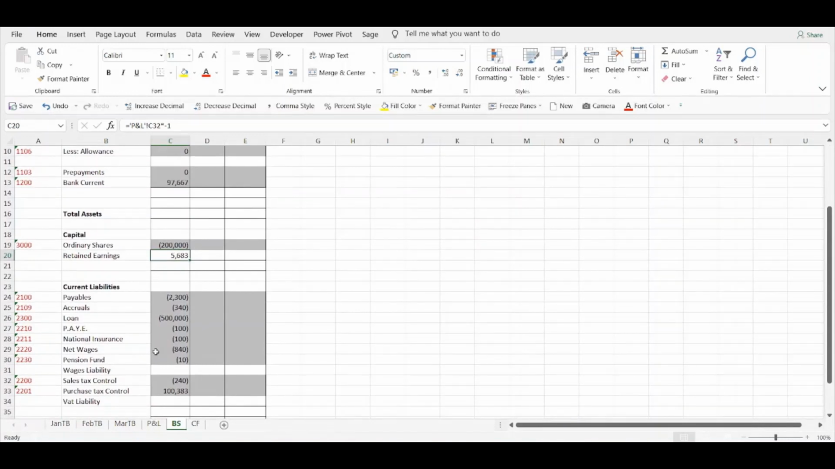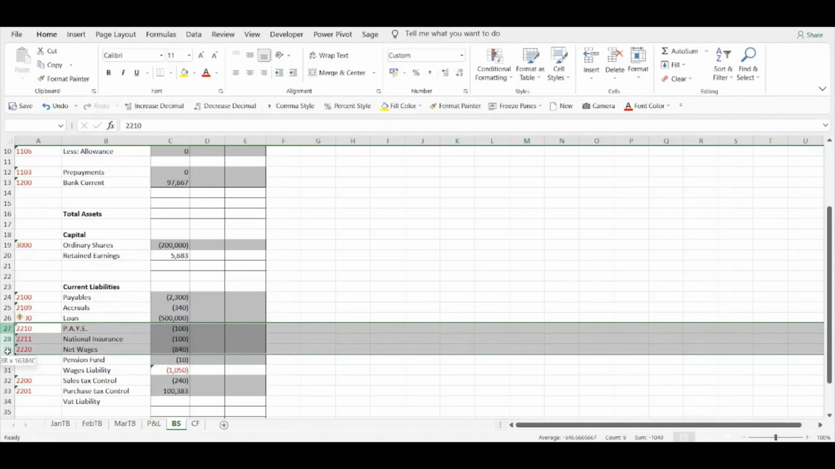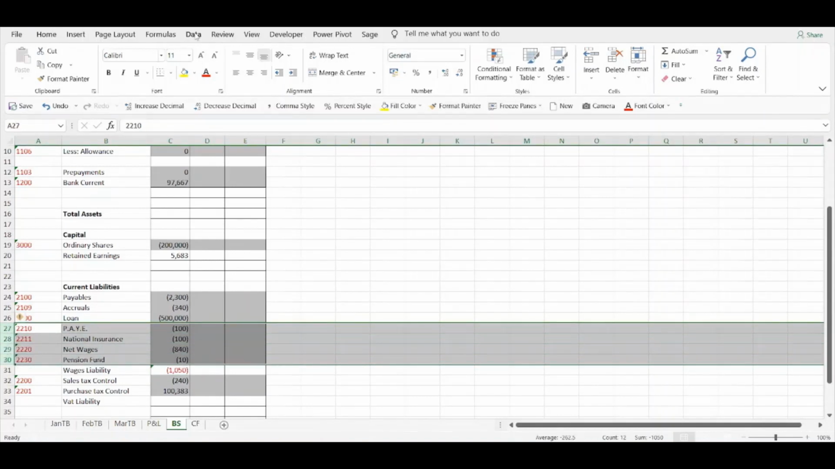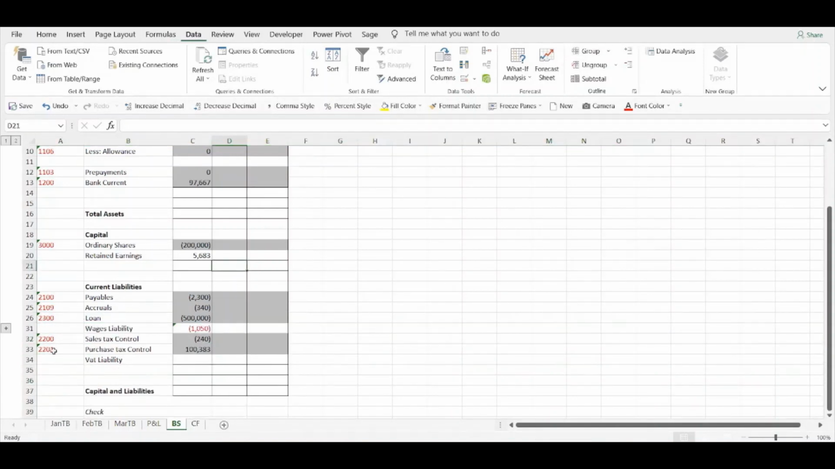And then what I've also done here is I've inserted a new row for wages liability, because we have got 4 different nominal codes which relate to wage liability. That's our PAYE, National Insurance, Net Wages and Pension Fund. So in order to clean up the balance sheet, we want to summarize all into a single row. So we can do equals sum of those 4 rows together, and that gives our wages liability figure. And then we can group these rows. So we go Data, Group,